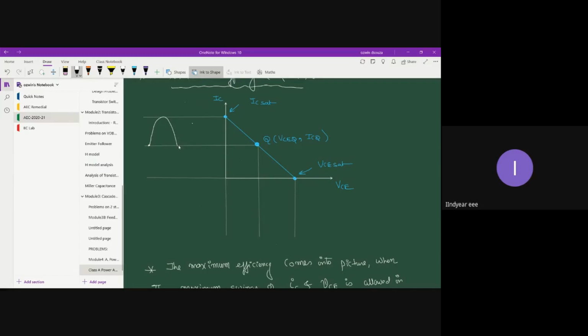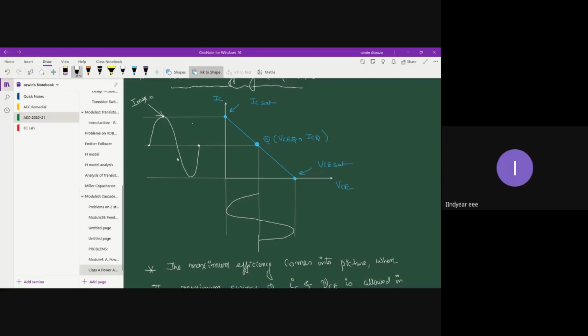Positive half cycle and the negative half cycle. Similarly, negative half cycle of the output voltage, and then comes the positive half cycle of the output voltage. All right, so the maximum point, let's take this as I max,